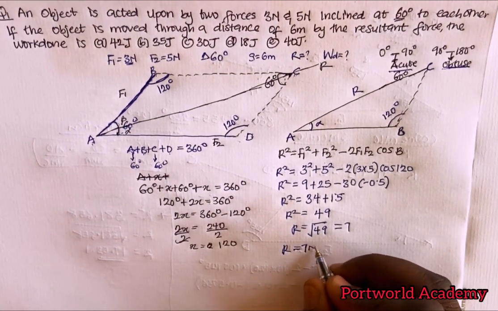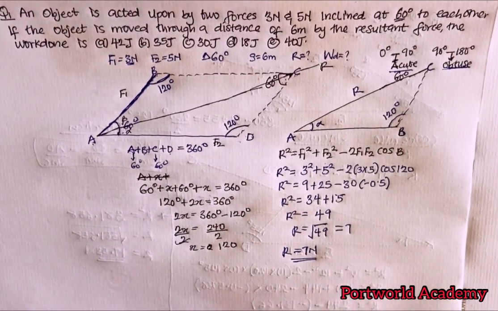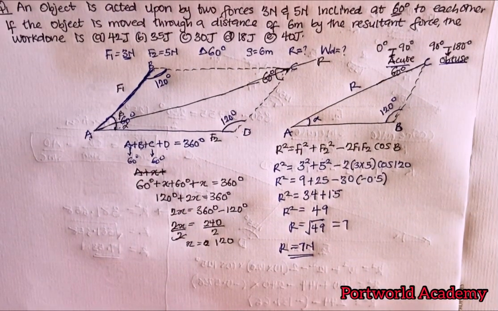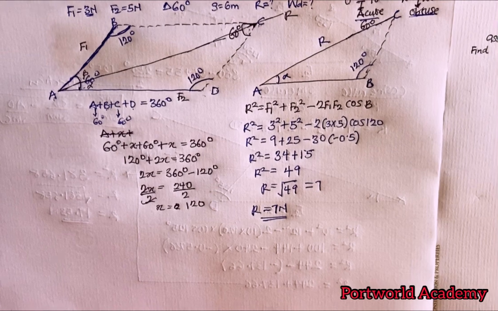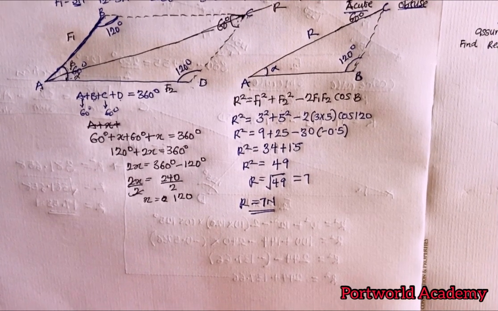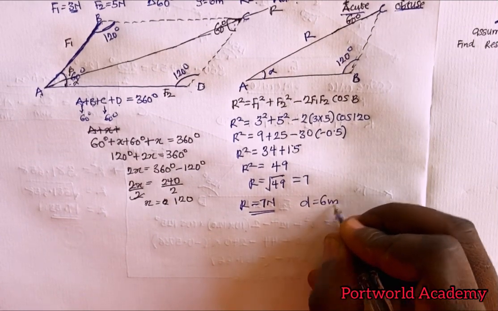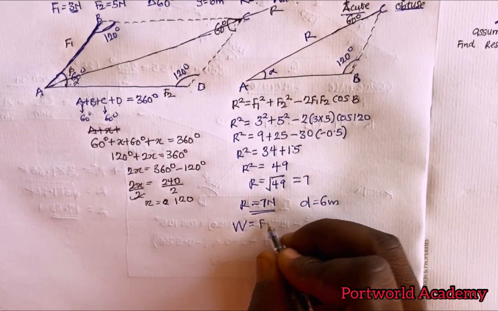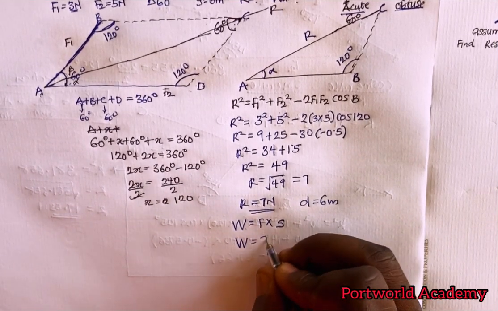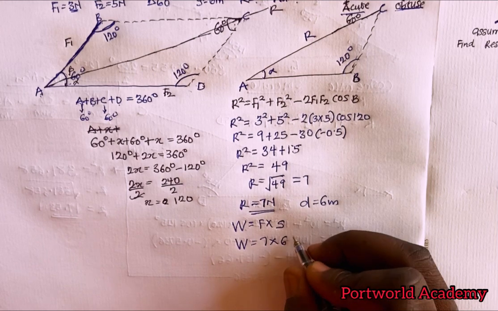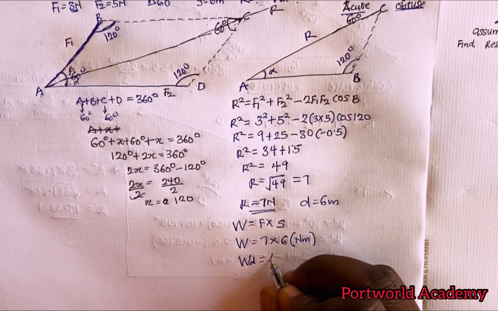Which is 7 Newton. The question now says I should calculate the work done if the resultant force moves an object through a distance of 6 meters. Then work done equals force times distance, right? So work done equals 7 multiplied by 6, in Newton meter. That's 42